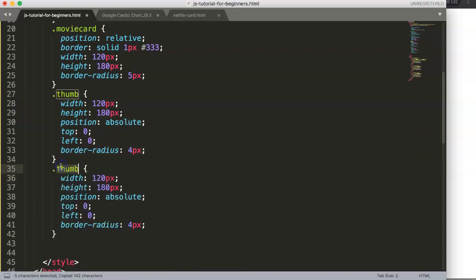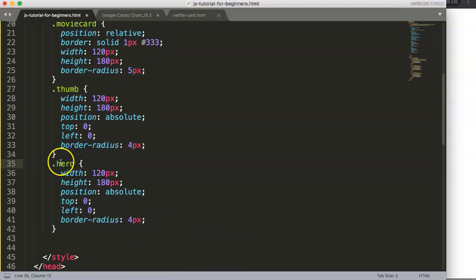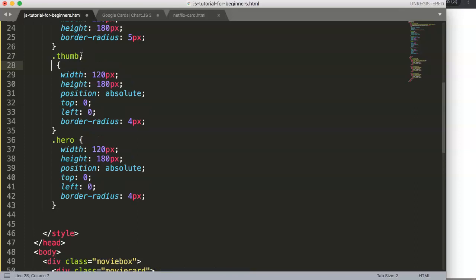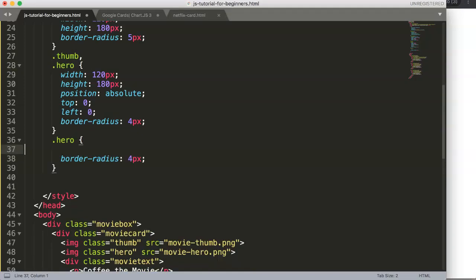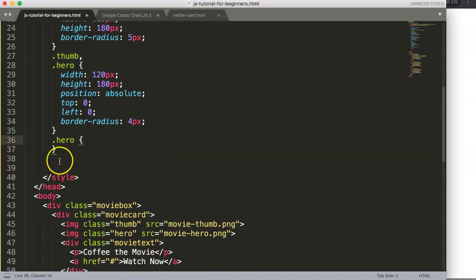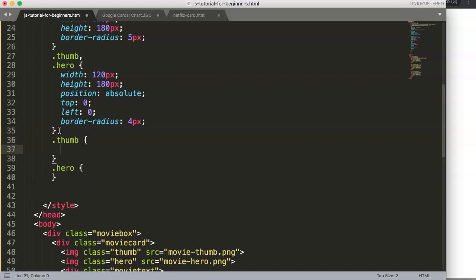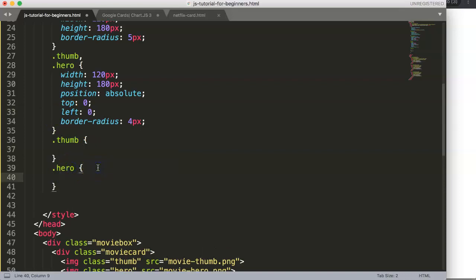Alright. So once we have this, we can basically copy this as well. Put in here, and then we say hero. But hero will have exactly the same items here. Well, we should maybe do this one. That's probably even better. And a comma, dot hero. Cut everything out, including the border radius. But there's one difference with hero and the thumb, or the thumbnail. And the reason is this. One we will not show right now, and the other one we do. Meaning that here, we can say here,